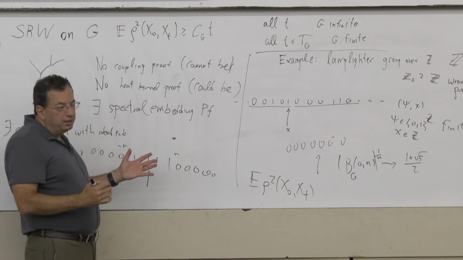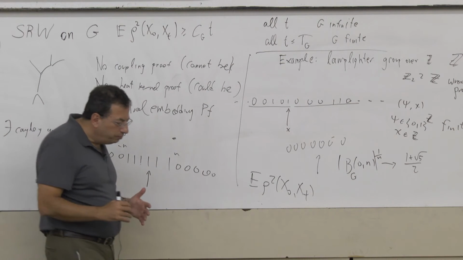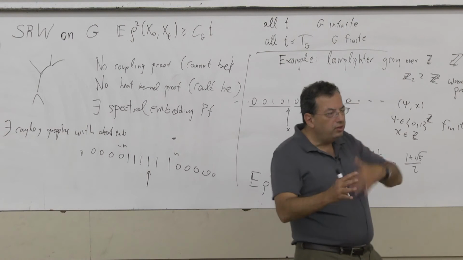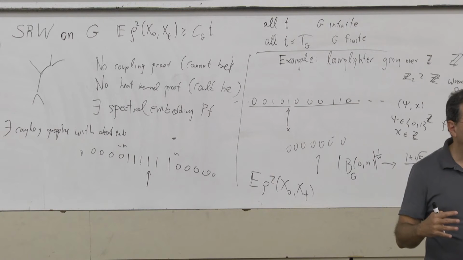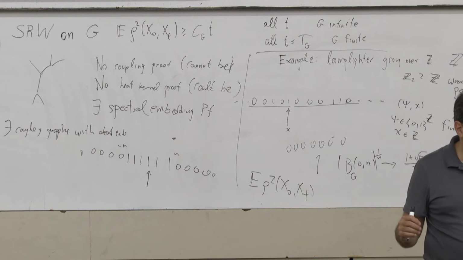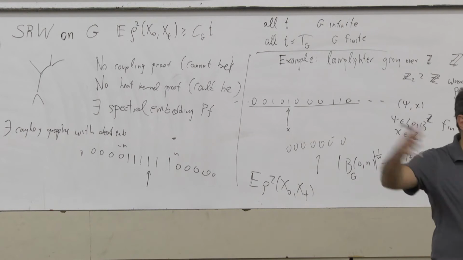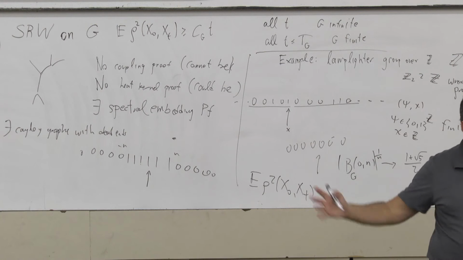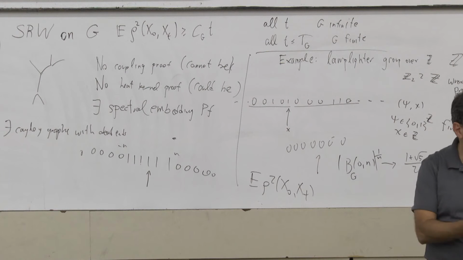Of course, this is a somewhat special configuration, but it's not unique. So if there were lots and lots of these configurations, then the walk would be very confined and wouldn't move at all, or wouldn't move very fast. We do know, it's easy to see, that the walk does move. I mean, the lower bound of t on the expected distance squared is very easy because it's true just for the marker. But